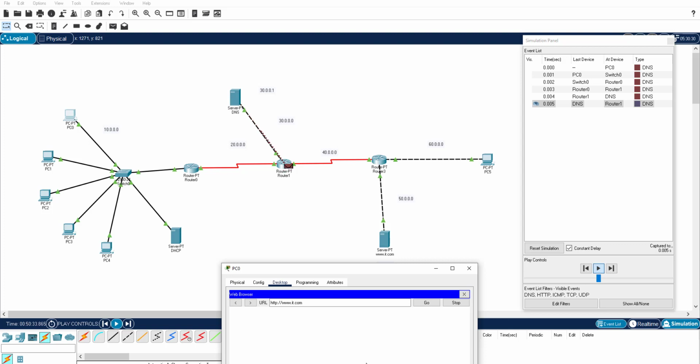The IP address will be given to PC0. So PC0 got the IP address of it.com. Now PC0 will establish a TCP connection with it.com.